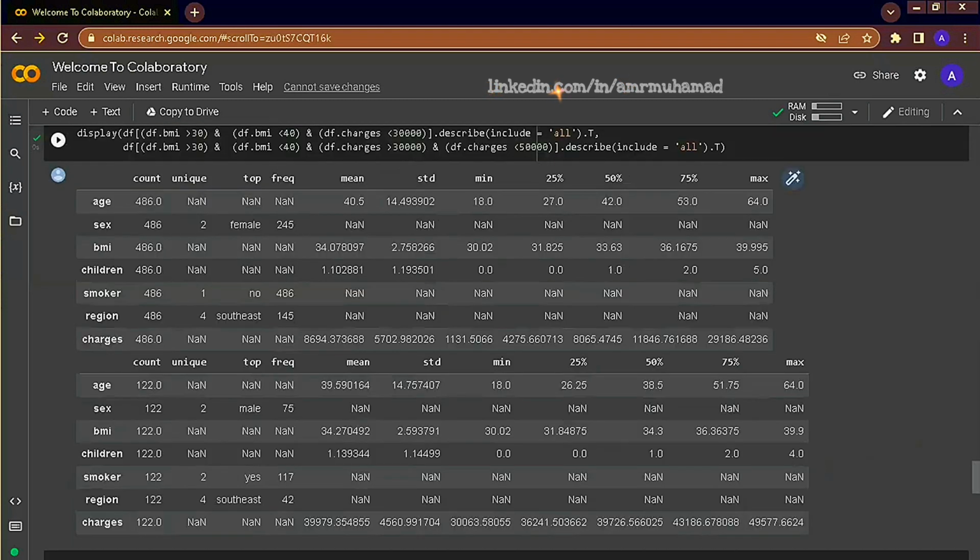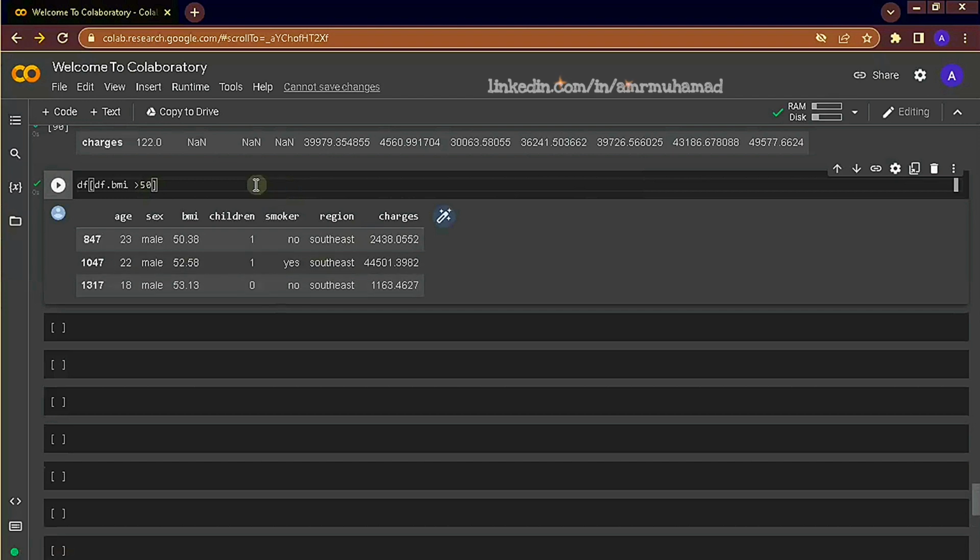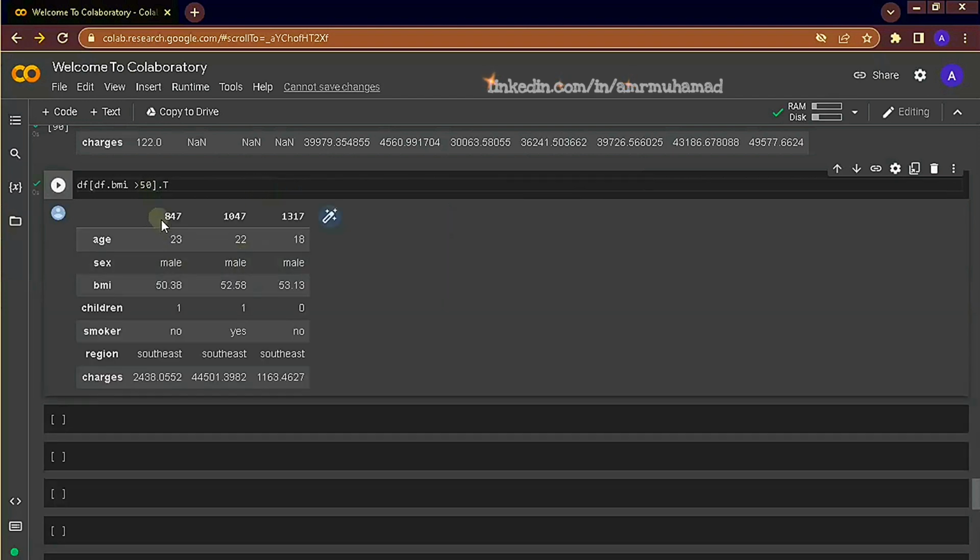Now let's do the same for BMI. It's also contributed to by smoking. So to summarize what we have learned so far about the data: smoker customers tend to have higher insurance cost than non-smoker customers, and other variables tend not to affect charges significantly. As we can see here, age group, gender, BMI, number of children, region are almost the same between these three customers, but what stands out in this customer is the fact that he is actually a smoker, and this is directly reflected in the amount of charge he costed in that period.